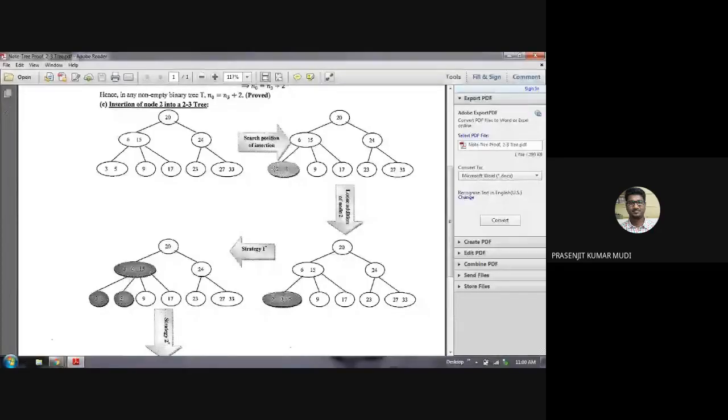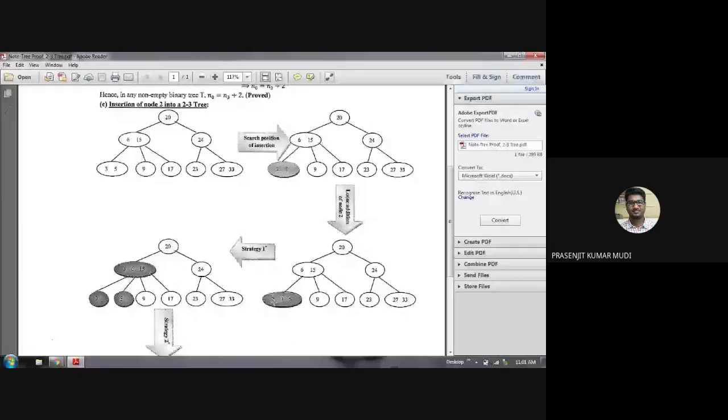So this node is highlighted where the value 2 can be inserted. The first step is the loose addition of node 2, so you are forcefully inserting the value 2 just before 3, because it is less than 3. We are adding the 2 just before 3, as highlighted over here.